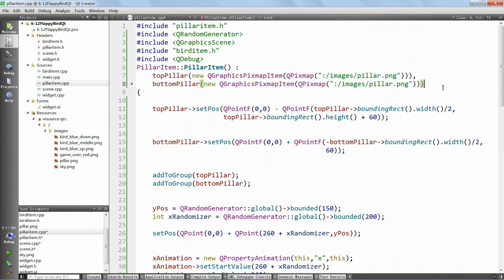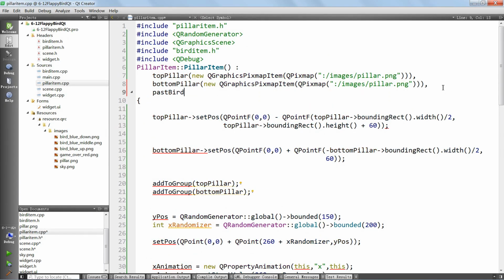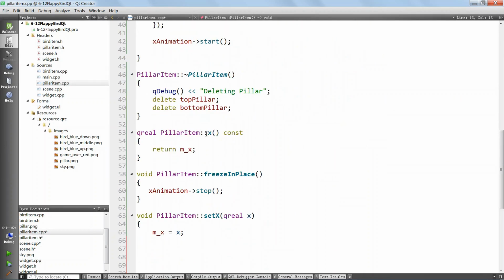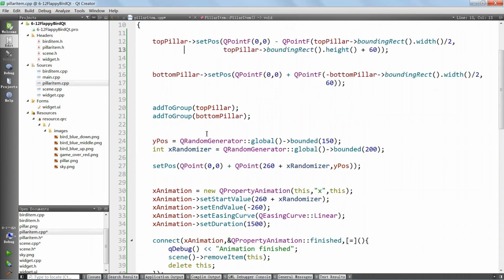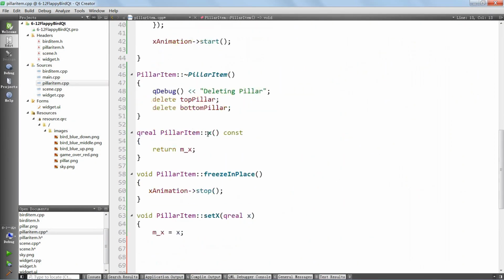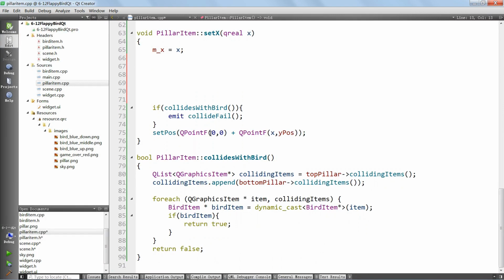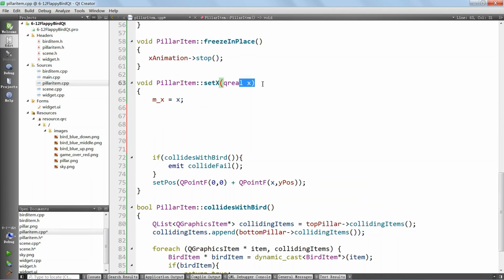Let's go in here, and I think we can do that. Past bird, it's going to be false. And when this pillar gets past the bird, we're going to set this to true so that we don't keep checking for that in the setX method here. Let's go down and find the method. Do we have that? I can't even find it. The method is here. What we're going to say here is if